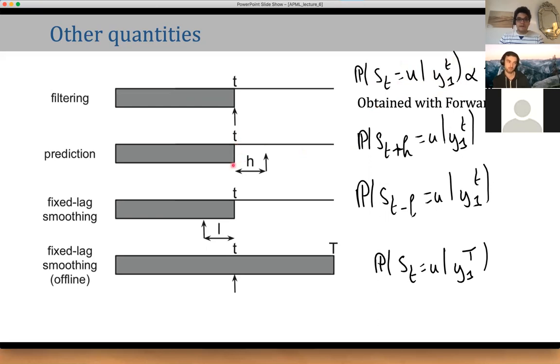Another question that people can ask is a question of prediction. So I observe the sequence up to t, and now can I predict in each step, so in 2, 3, 4 time points, what will happen in the future, given what I observe now? And how would you do that? If you have an idea, is it complicated to compute this thing? Do you think?